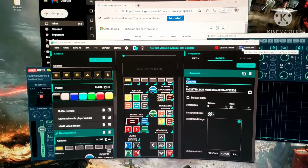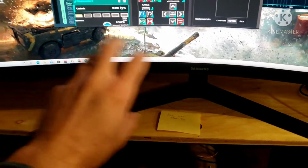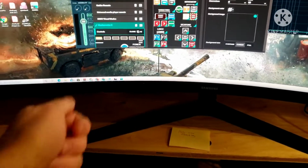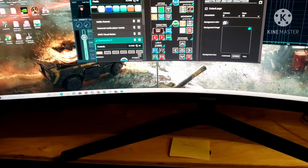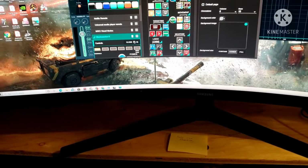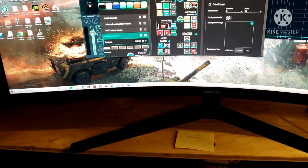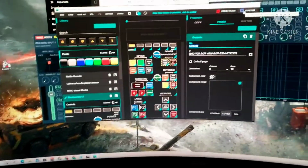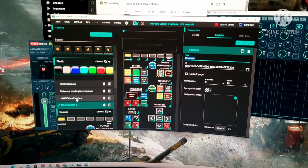Now, I would like eventually to have physical boxes like you see in airplanes with toggles and light up switches and backlighting and labels that control my different visual modes and maybe some targeting details. I think it would be really fun to mimic some of the ways that battlemech cockpits look on the covers of the RPG books or in the artwork, but I don't know what to build yet. And for now, this piece of software here, I can create different decks that end up on my smartphone